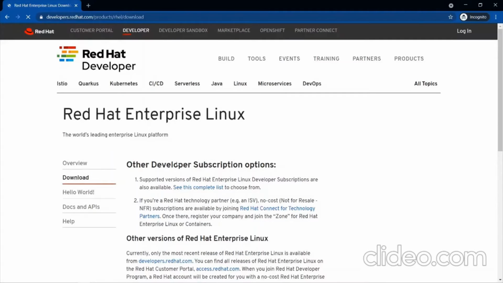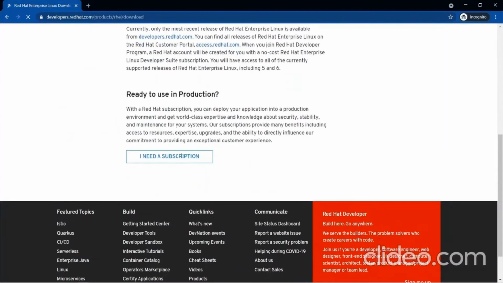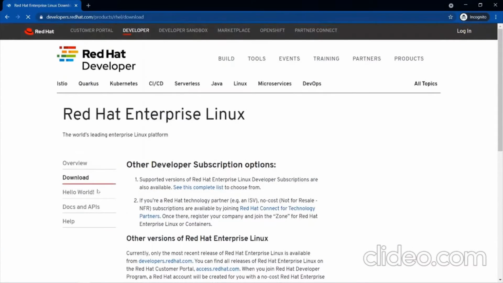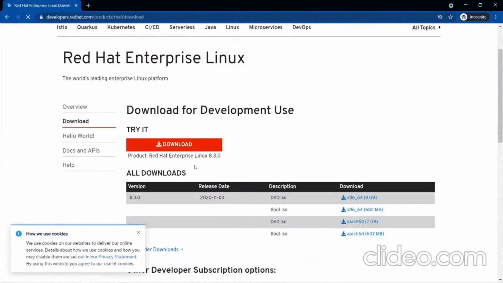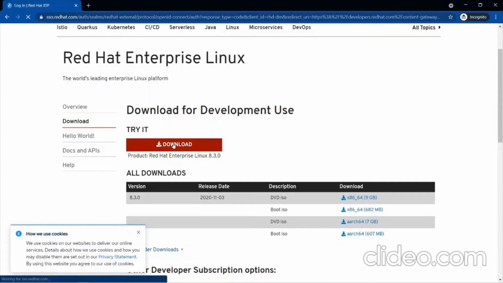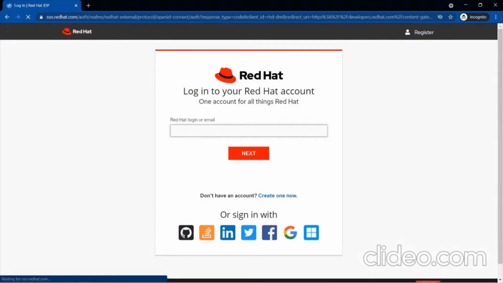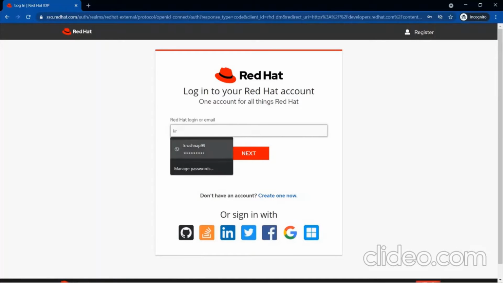Create one account there. I have my account, so just wait. Here you can see I need a subscription. We don't need that, we can just download. I think yes, this is the download button. If you click here, they will ask you to log in first. I have my account already, so I'm logging in.